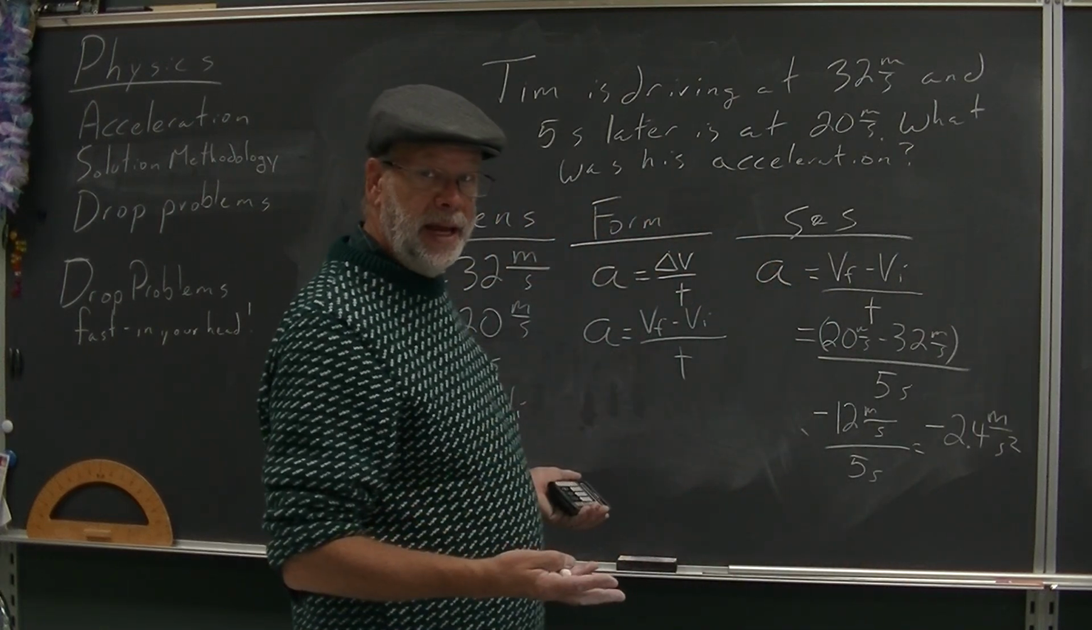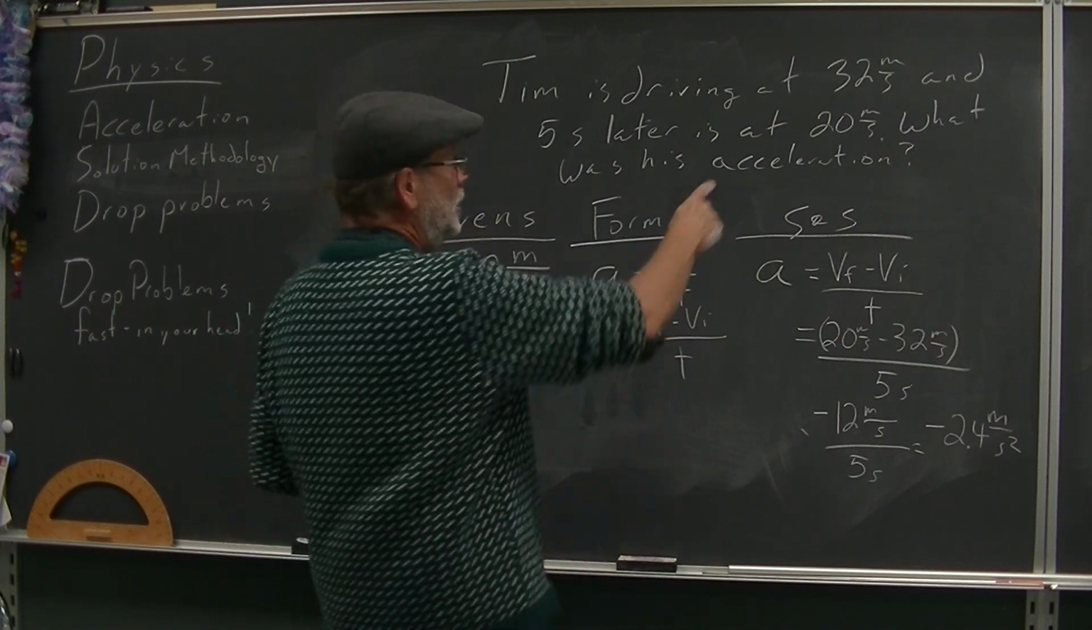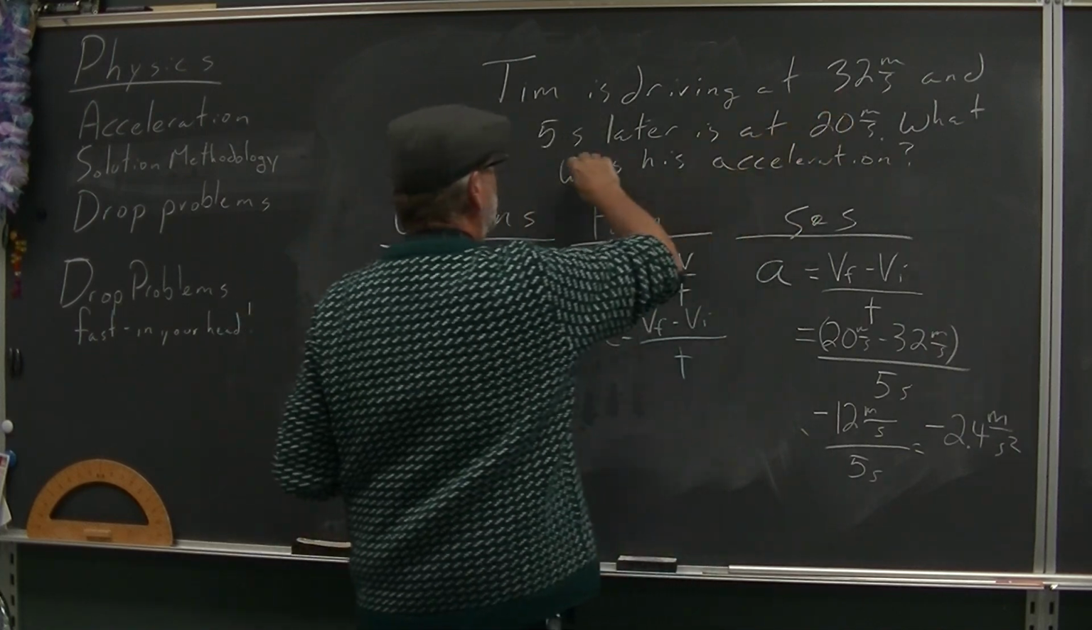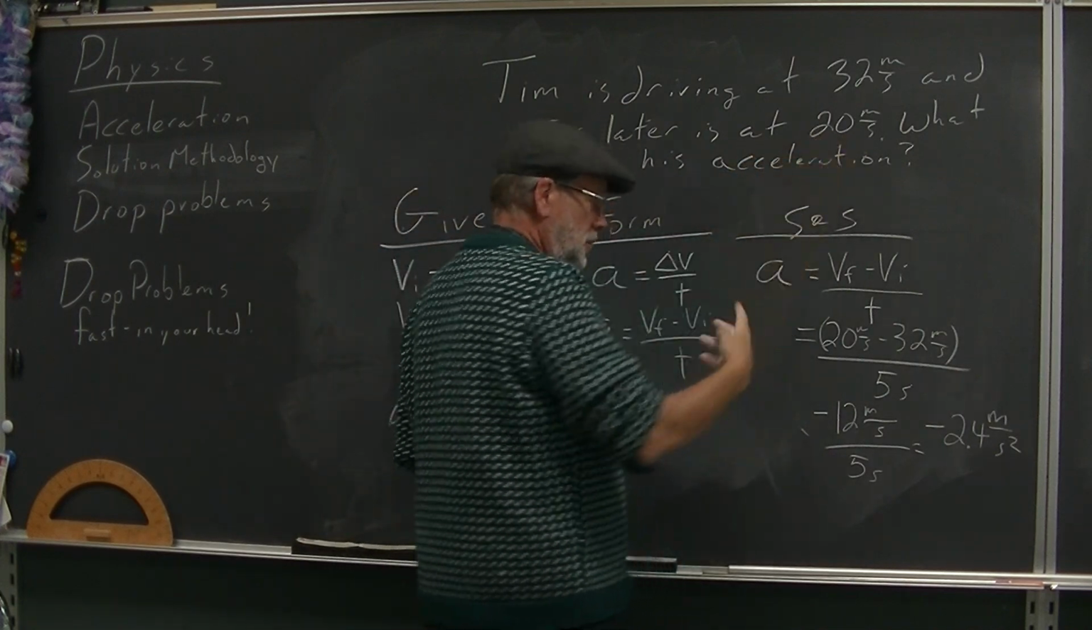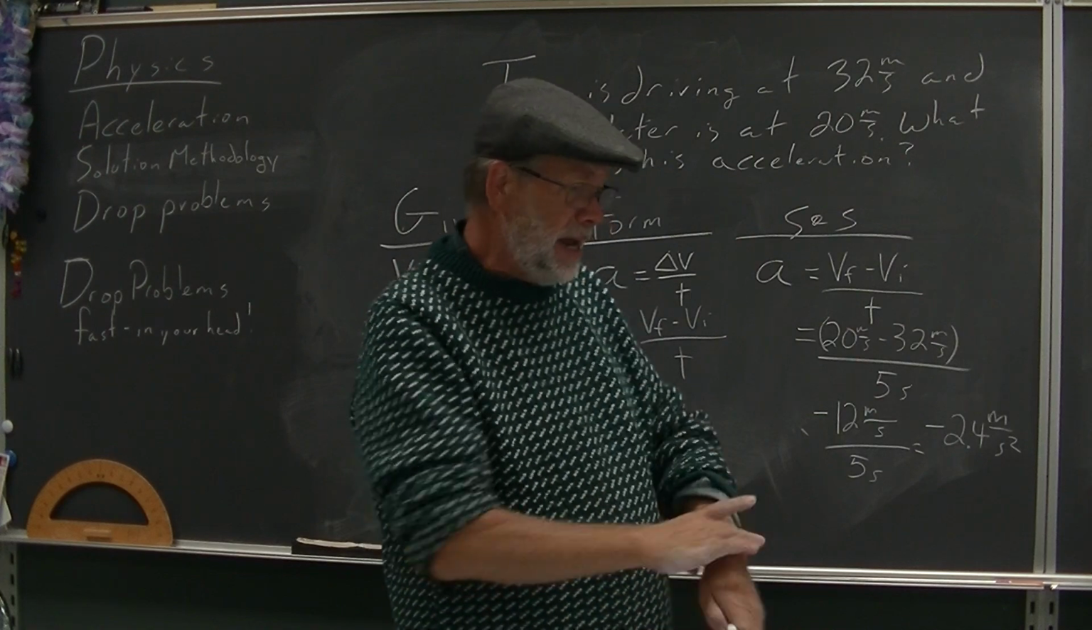The acceleration is negative. That means Tim is slowing down, right? He was going 32 meters per second. 5 seconds later, he's slower. So he has a negative acceleration. How do you know an acceleration is negative? Well,